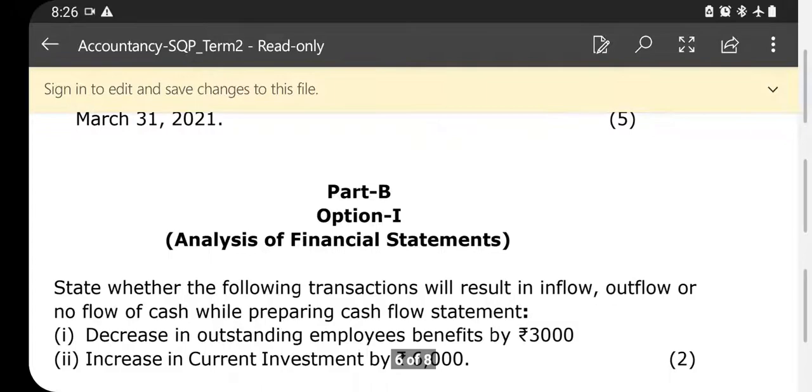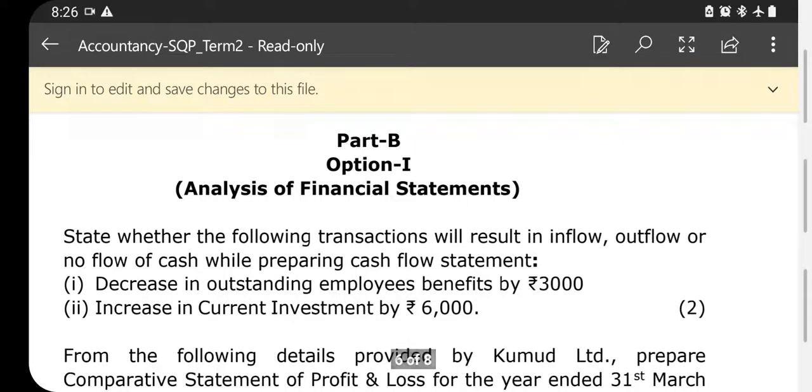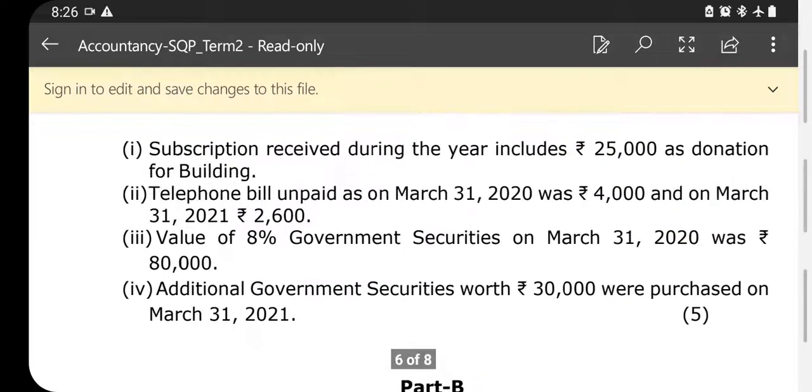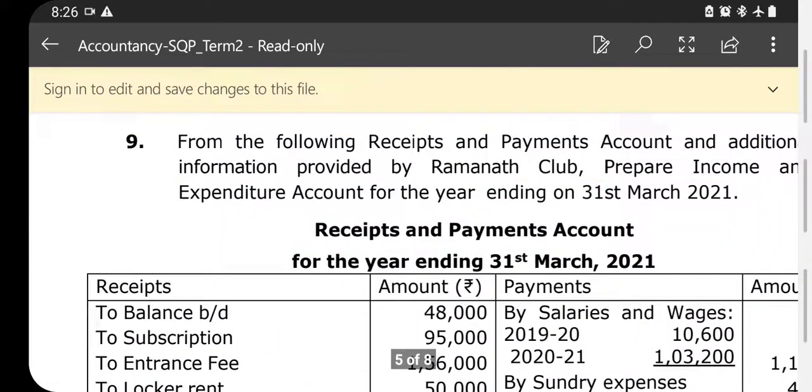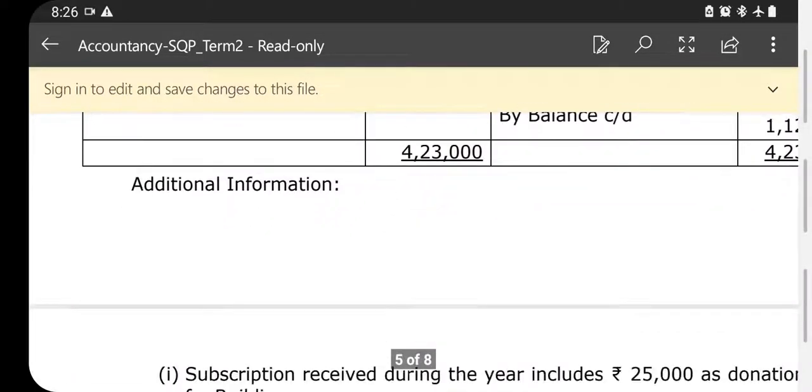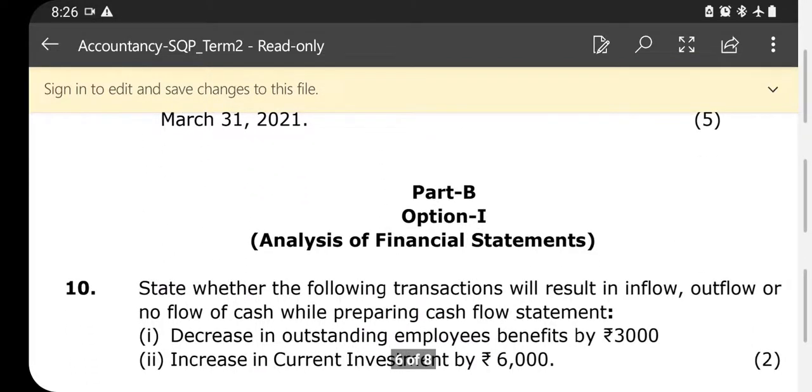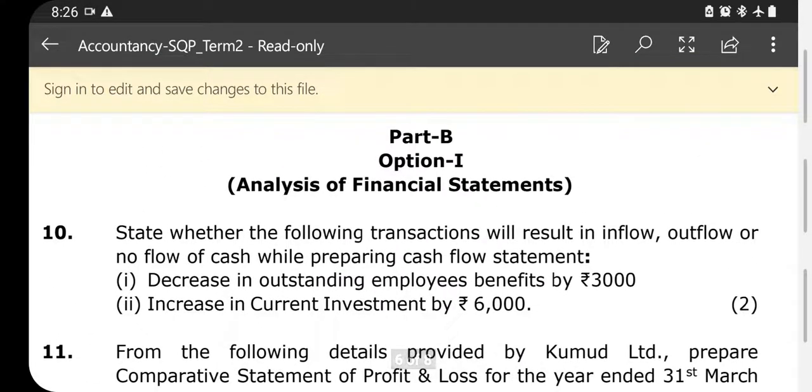So next, part B section, option 1, analysis of financial statements. Only part A section, only 9 questions are there. Part B, we are discussing part B, option 1, analysis of financial statements. 10th question,